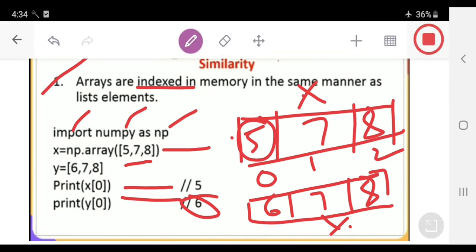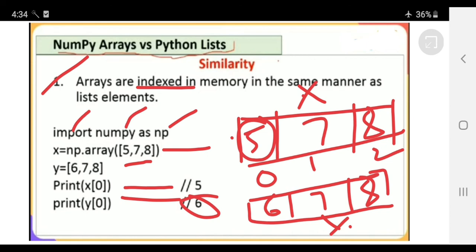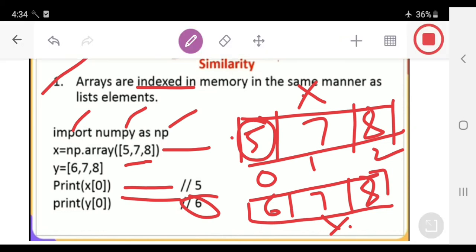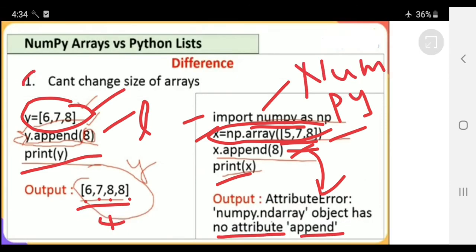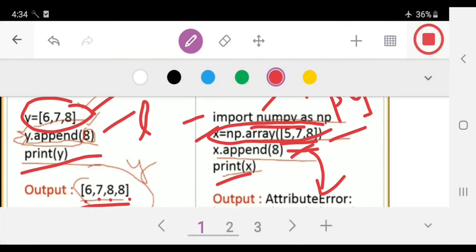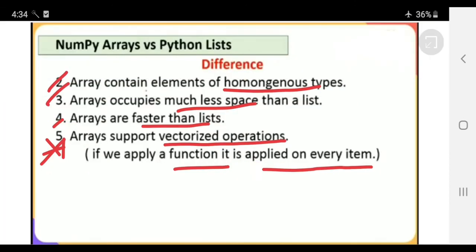The only similarity between a NumPy array and a list is indexing. The first difference is we can't change the size. The other differences are homogeneous elements, less space occupied by arrays, and arrays are faster than lists, and they do vectorized operations.